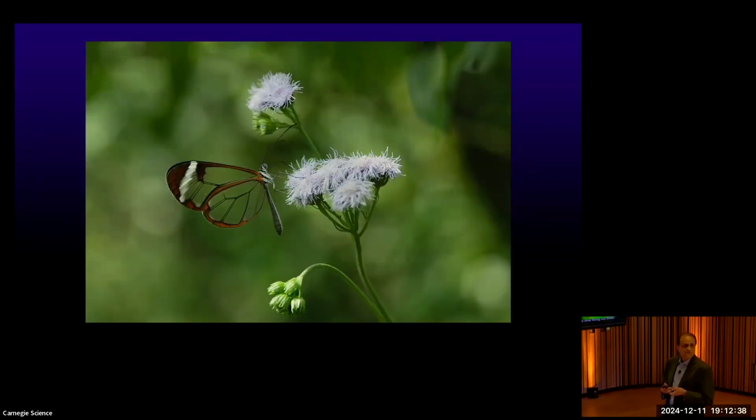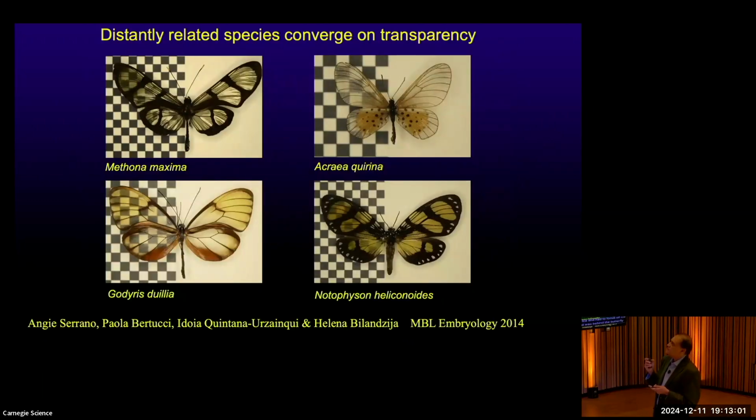But I'll end by telling you the other way that butterflies can avoid predators, not really a camouflage, but sort of another way of being invisible. And in this case, it's being transparent. So this is a glass-winged butterfly that I photographed in Costa Rica. And of course, I had a very hard time getting the camera to focus on the butterfly and not through the wings to what was behind the butterfly. Okay, and so it turns out that butterflies and moths have evolved wing transparency over and over and over again, right? Just like they've evolved structural color, they've found many different solutions to this.